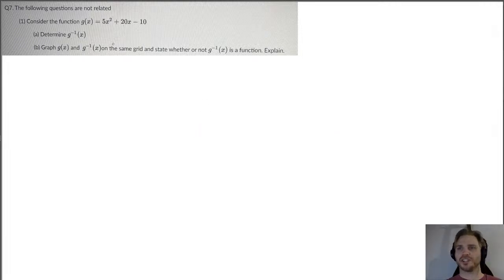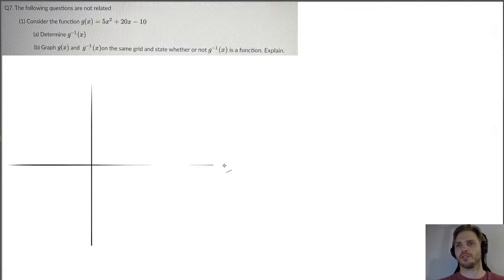The following questions are not related. Consider the function g of x equals 5x squared plus 20x minus 10. Okay, so we got some function. Determine its inverse. Oh, okay. So let's really think about this. I'm going to graph this, or like sketch the graph. I don't really care if it's the actual graph, but so we've got some function here. And then this is like 4, 2,